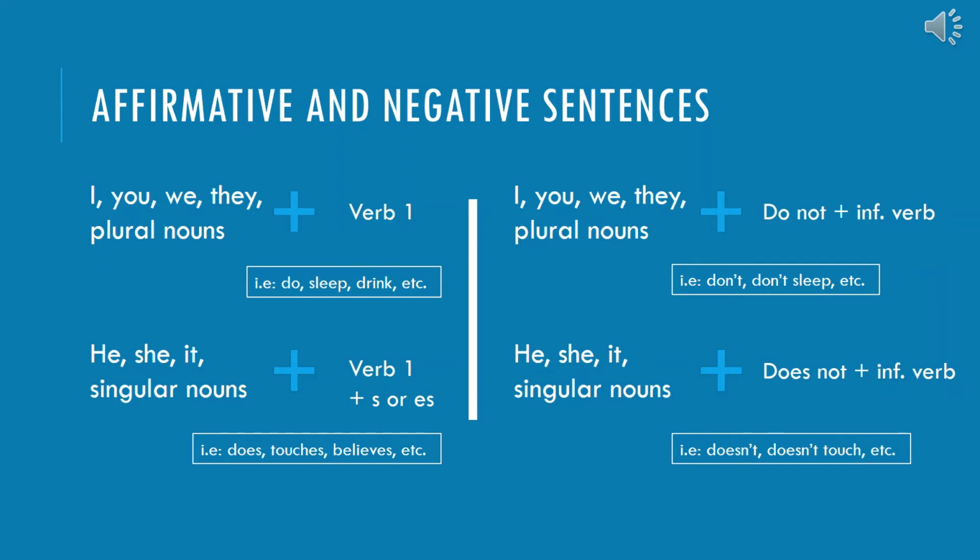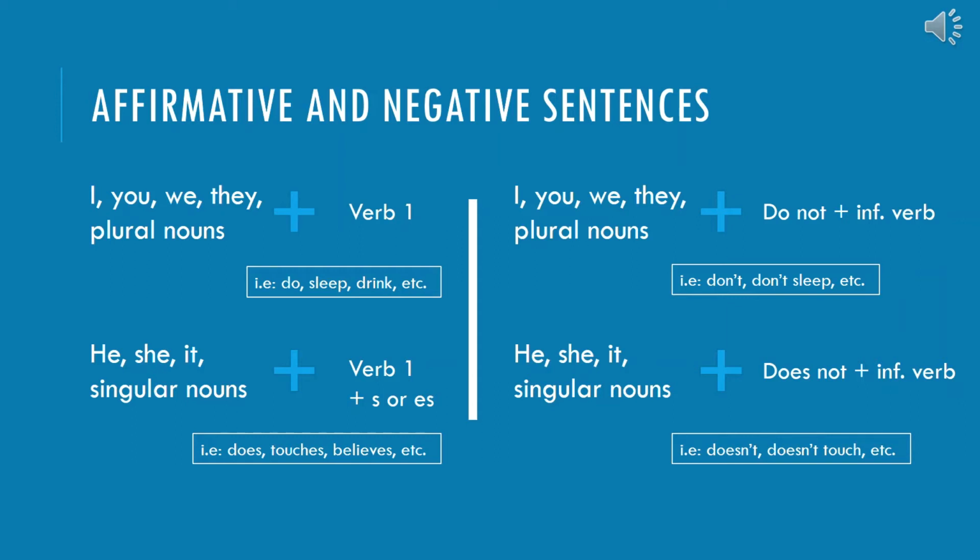Same thing applies to the negative sentences. We have to consider the subject of the sentence, and accordingly we add don't if it was a plural noun and doesn't if it was singular. So don't if the subject is plural or considered as plural, like I, you, we, and they. We use don't after the subject and then